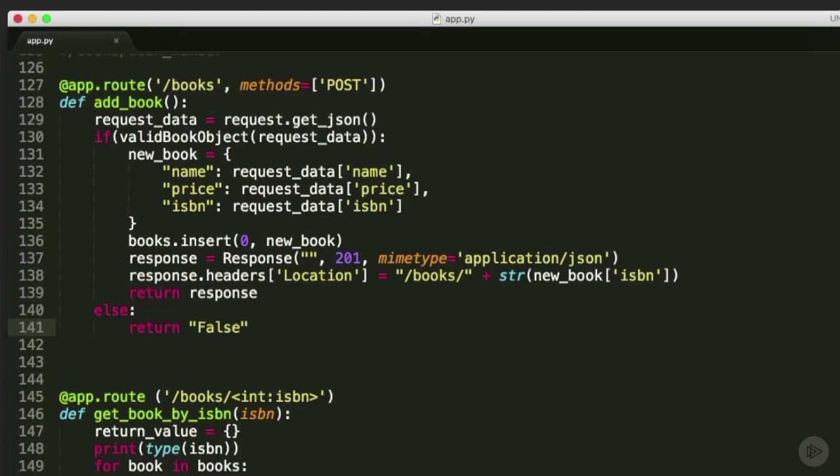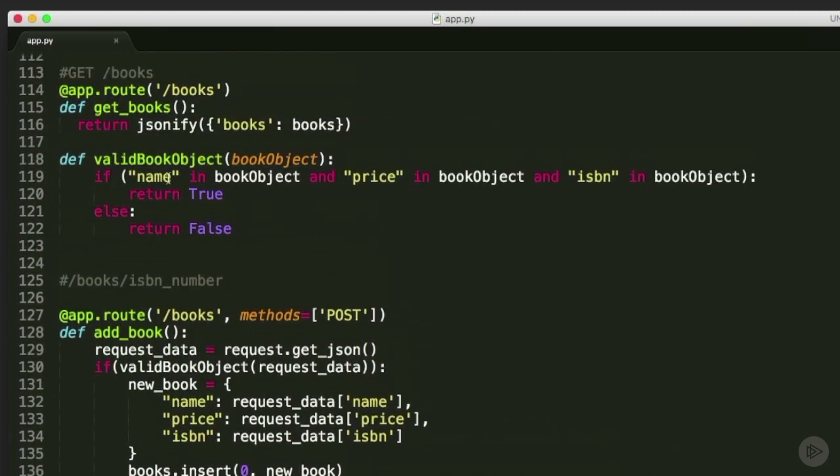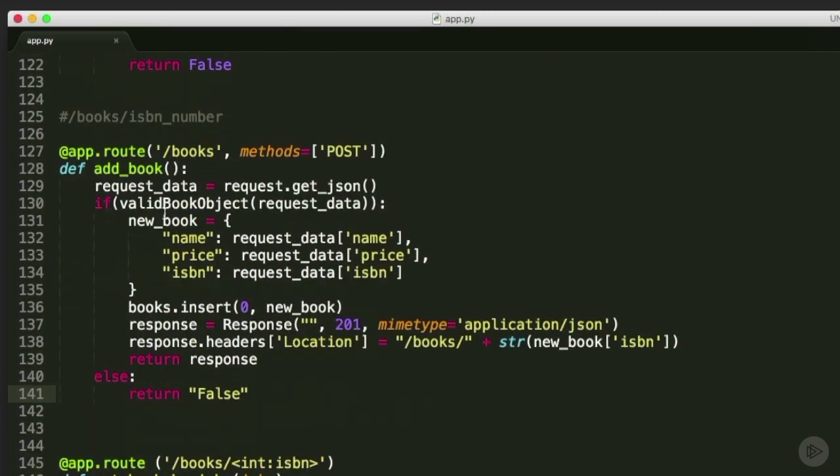For this whole application, what we've been doing is, in any scenario where we don't have a valid book object, we just return false. And we know that in this if statement, if we reach this else clause, then the client did not send us a valid request due to our method. And there are quite a few different types of status codes we can send back to our client in this